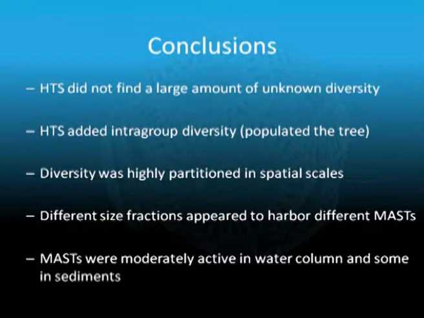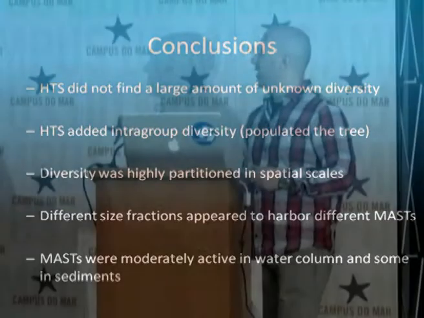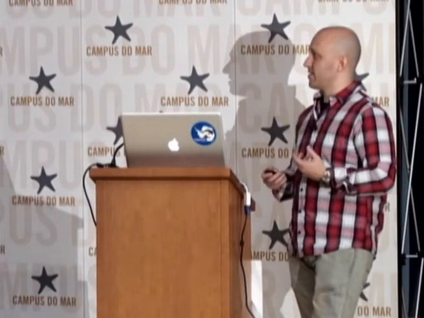Diversity seemed very partitioned in spatial scales, and different size fractions appear to harbor different lineages. And MAST were also moderately active in the water column and some in sediments. So these are very general conclusions, but remember that these groups are very little known. You have a few pictures on the microscope, a few zones with fish, and we don't know much about them. So we think that with this method, we can start to extract information about very little known groups and start to know them. So now I'm going to talk about the last